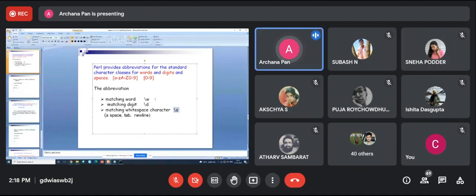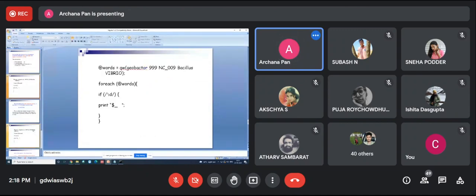Okay, any problem? Did you understand? This one is the matching white space character. See this one. Instead of the 0 to 9 character class, you already learned that the character class for digit is 0 to 9, no?